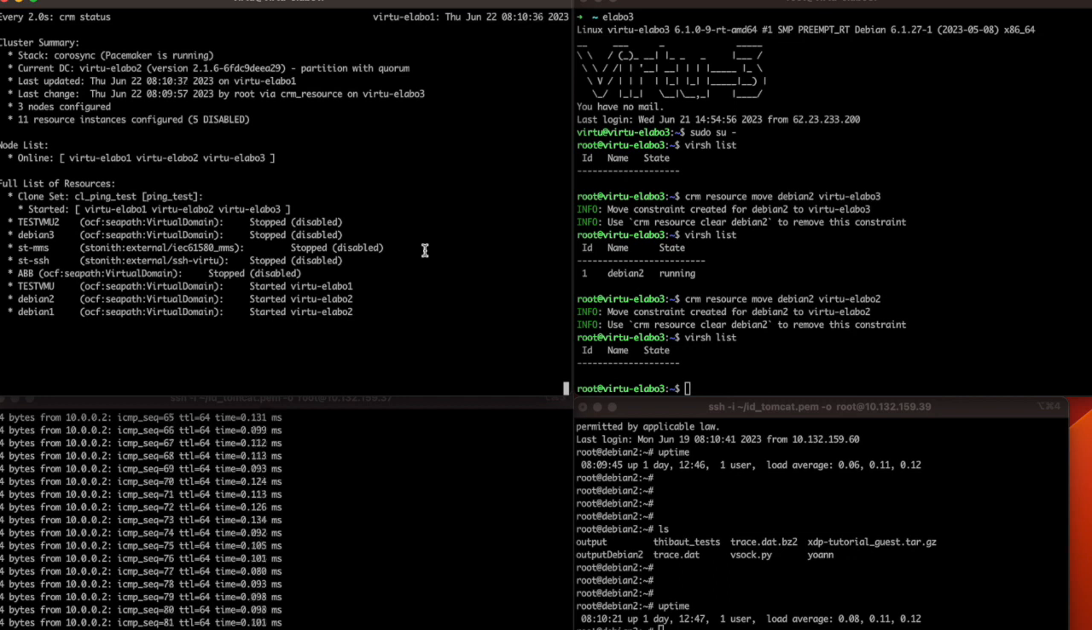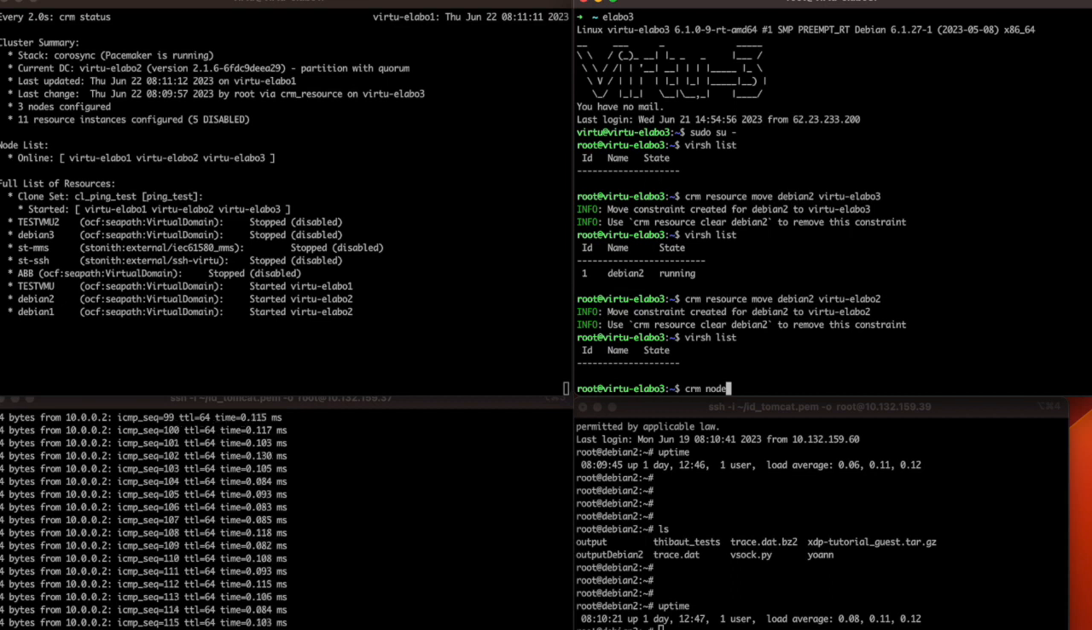Usually on a production basis, you will create a constraint and let the cluster deal with balancing. Second use case, let's say we want to restart this host, or we want to do some maintenance on it. So we want to move all the VMs out of this node. I'm going to say, okay, this node is going to be down for maintenance, so we want to move all the VMs. There is a pretty handy command in Pacemaker, which is the CRM node command,